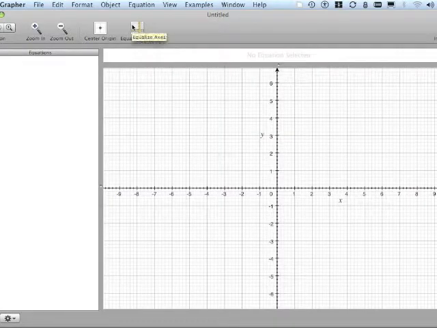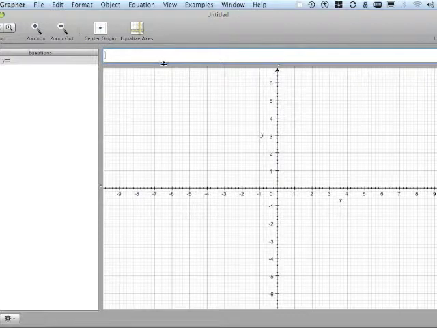Hello, this is Grapher, and we're going to look at plotting things like circles and also plotting simple equations in a non-function format. First thing we're going to do is click on the plus symbol to add a new equation, delete the y equals, and I'm going to put the equation of a circle centered at 0, 0 with